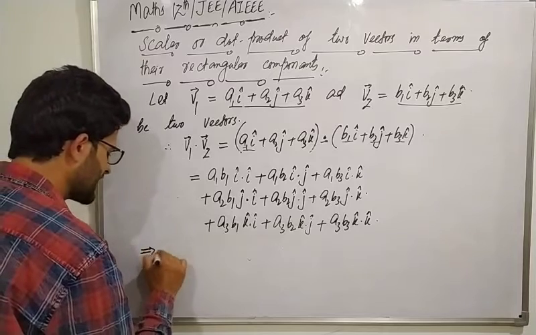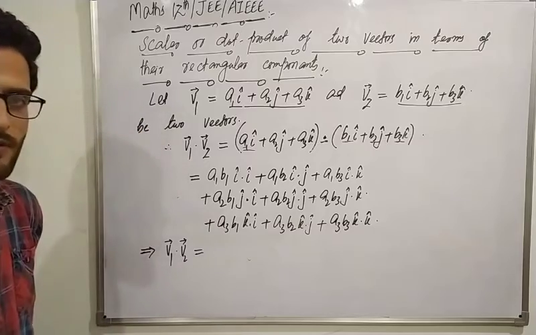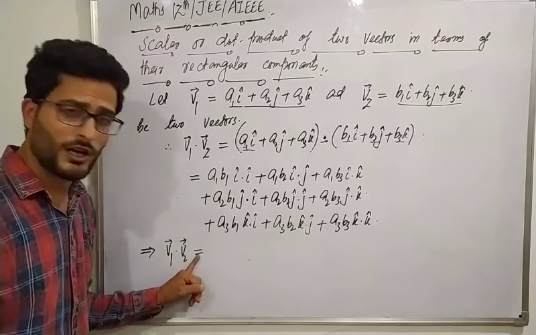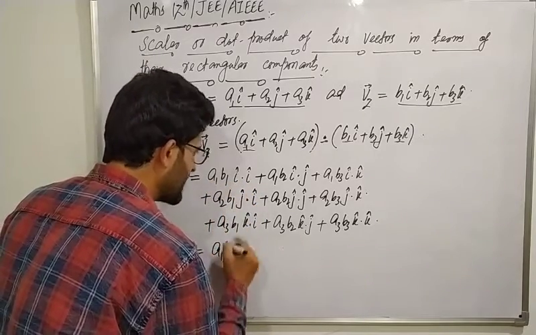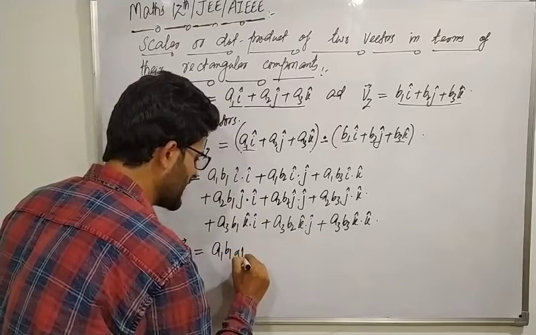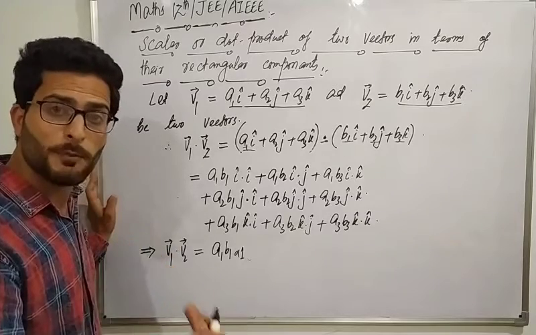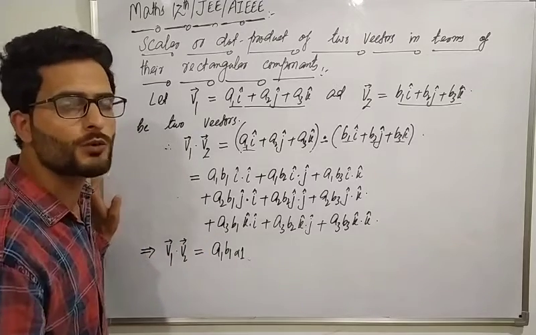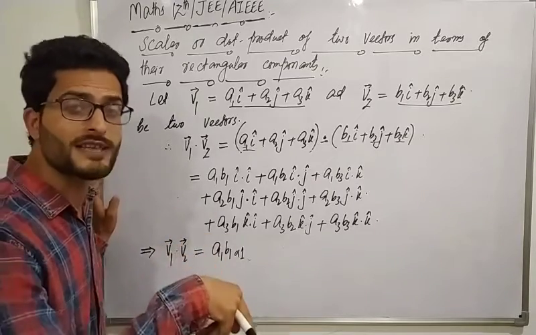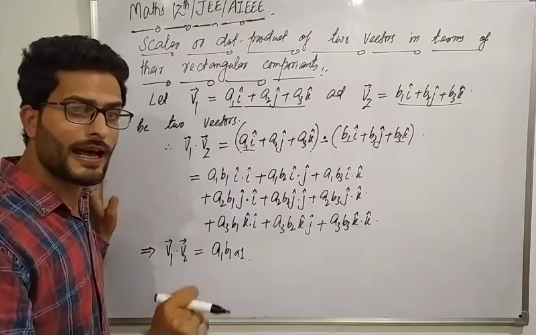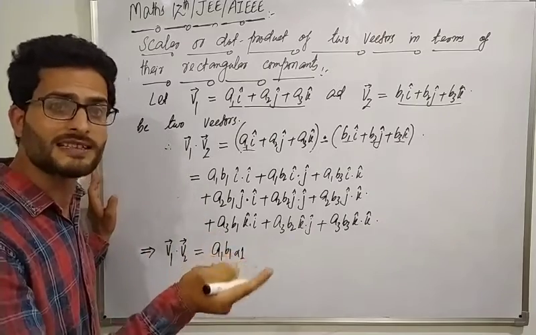which further implies that v1 dot v2, dot product of vectors, but when they are expressed in terms of their rectangular components, is equal to, a1 b1 i dot i, का वैल्यू अभी हमने पढ़ा है 1, क्योंकि dot product of a unit vector with itself is always equal to 1, and the dot product of i cap with j cap is always equal to 0। सो अगर हम dot product एक यूनिट वेक्टर को खुद के साथ करेंगे तो हमेशा 1 आएगा, लेकिन अगर हम dot product i cap, j cap और k cap में से i cap को j के साथ करेंगे, i cap को